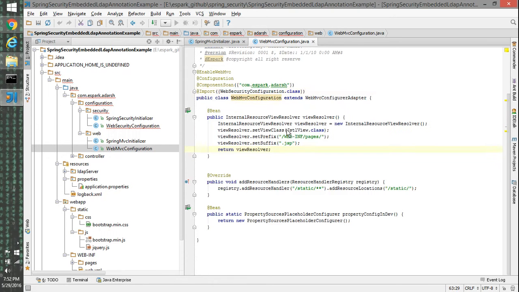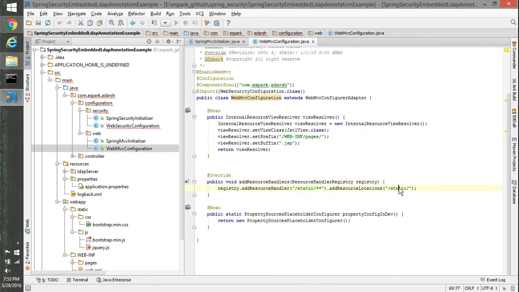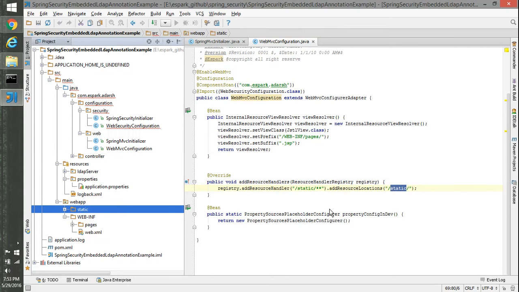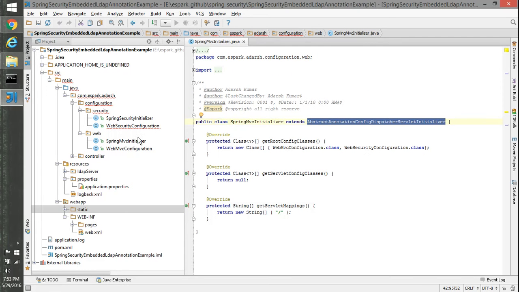So any view name which is returned by the controller is going to be prefixed with this and suffixed with the .jsp extension. Then we have mentioned that all the static resources for the application are kept inside the static directory inside the webapp, which I showed you here. And then this is a configuration for the property placeholder basically. So let's get into the security configuration.